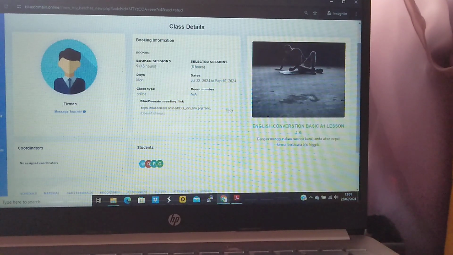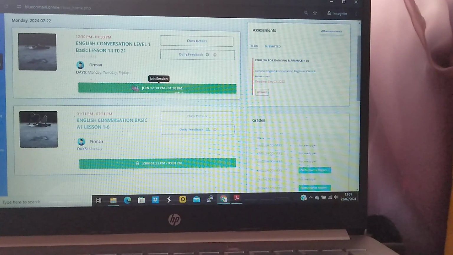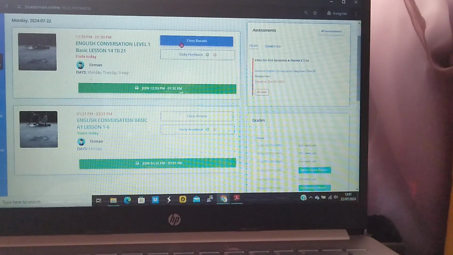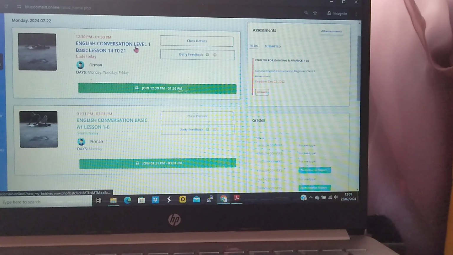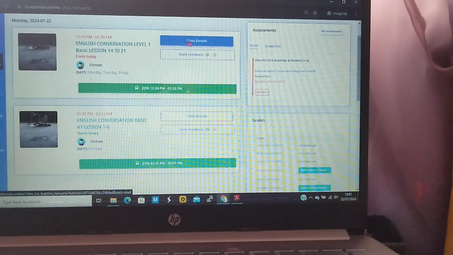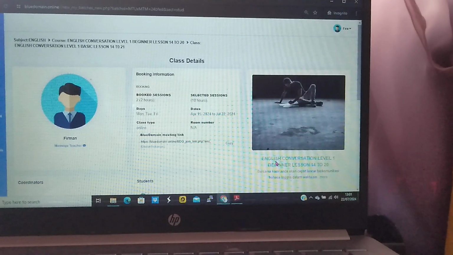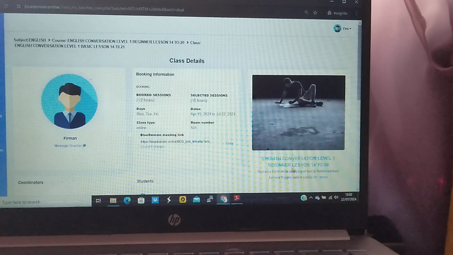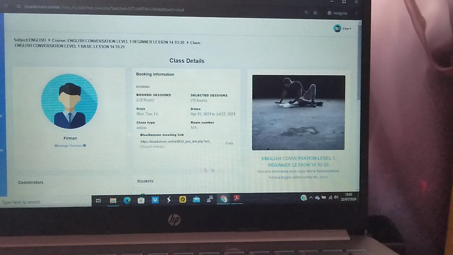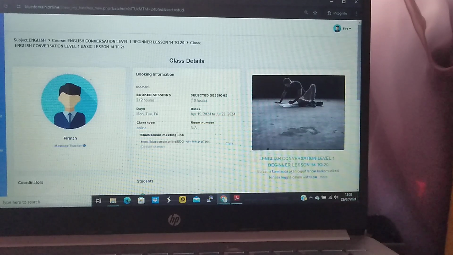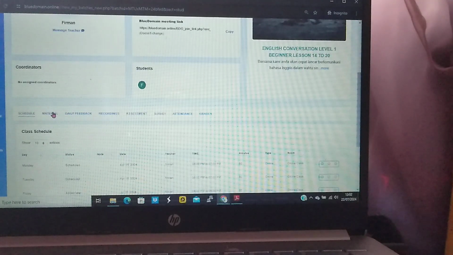But when I take this one, another class, for example, and I click the button here, this another class, English Conversation Level 1, Basic Lesson 14 to 21. I click the class detail here, this one here, I click it. And then this one is English Conversation 1, the other class, lesson 14 and 21. If I click the material,